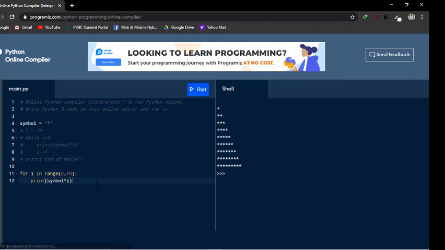What if I want the reverse one? For the reverse, in a for loop you have the keyword reversed. Run this again, and it will be reversed.